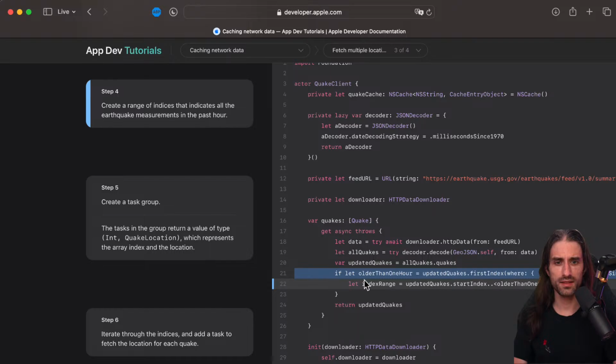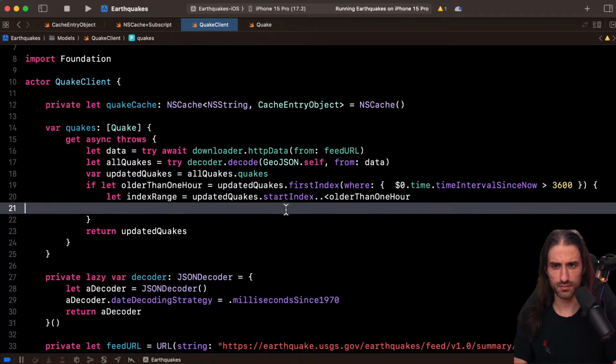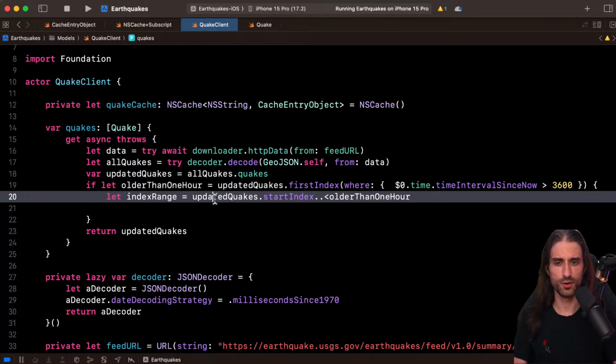So step 4, create a range of indices that indicates all of the earthquake measurements in the past hour. Okay, so actually it's the other way around. We want to find the earthquakes from the last hour. So it's all the way from the beginning of the collection. So it goes from start index, which if the collection starts at 0 is going to be 0. It might not always be 0 because we might be dealing, for instance, with an array slice, which might be a slice of a much bigger array.